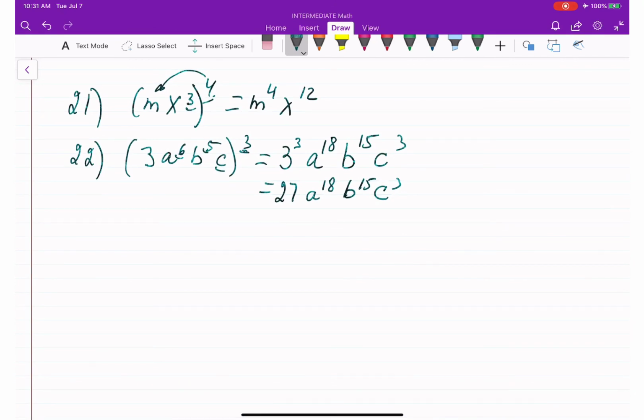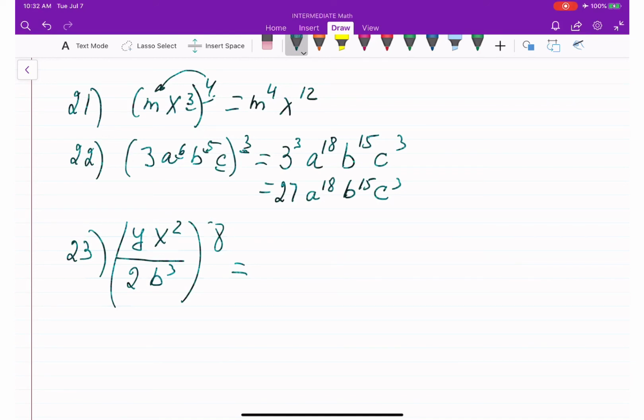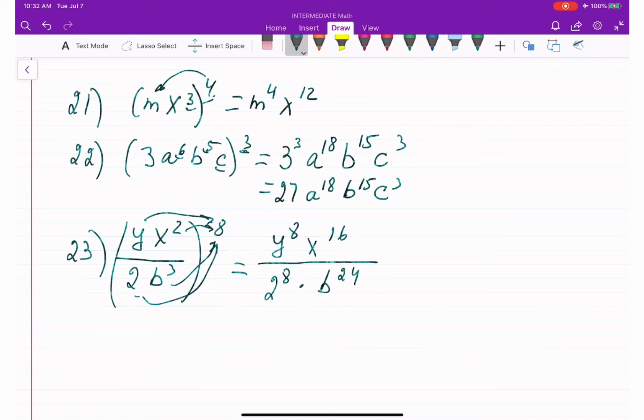And lastly, this is the division. When you have a fraction to power or division, it's the same thing. So we have y x squared over 2b cubed. And it's going to be to power 8. So that is going to be equal y to power 8, and then x to power 16. At the bottom I will have 2 to power 8. And b cubed to power 8 is going to be b to power 24, 3 times 8. Okay,